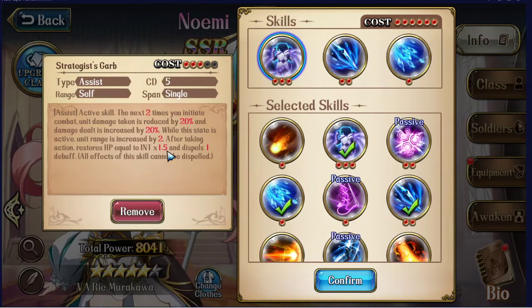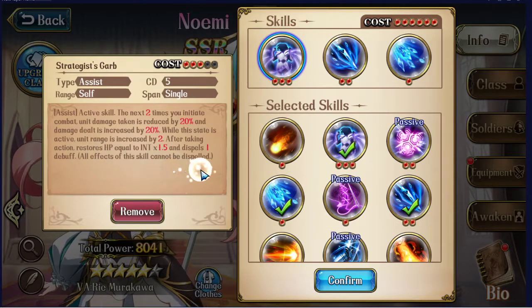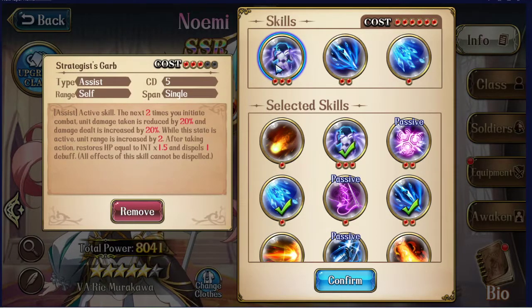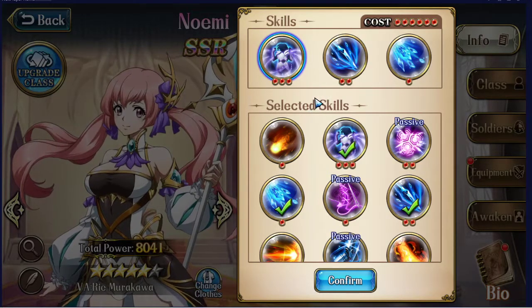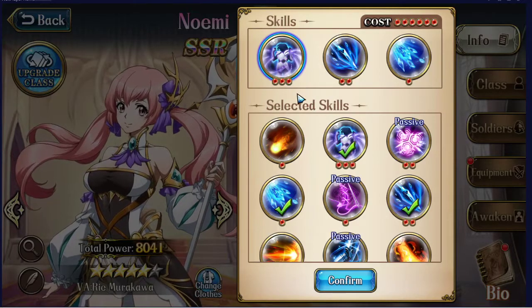So if people are putting in a debuff or 2 on you, boom, you end your turn, debuff gone. It is beautiful. And all effects of the skill cannot be dispelled. So they come up to you, they do any other skill to dispel. You try it, Bozo sleeps you. Oh, well, I just gotta wait an extra turn. No need to worry. Which leads us,